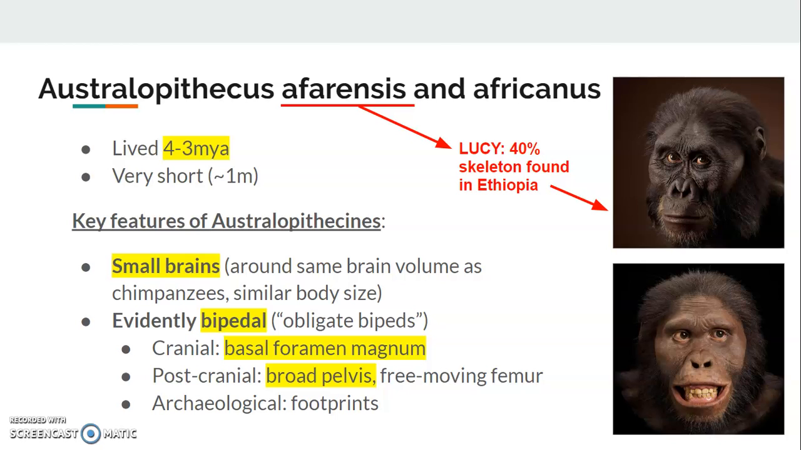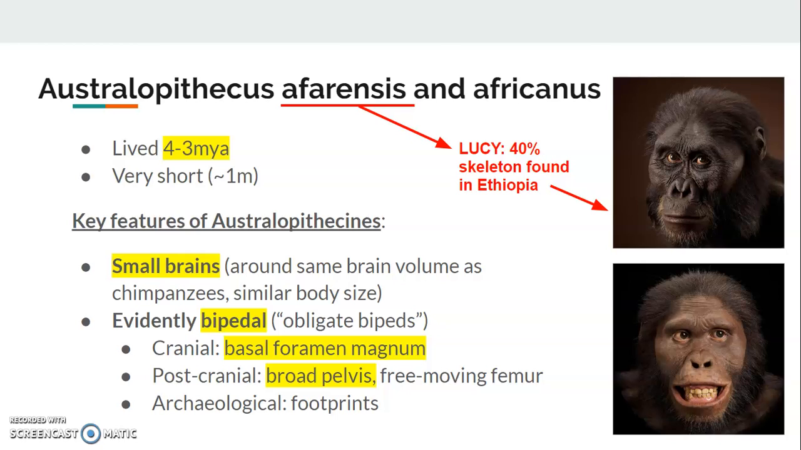Lucy lived about 4 million years ago and was very short. So if you want to go back and have a look at some of those videos of Lucy walking, I think that was in the locomotion slideshow. Lucy had a small brain, around the size of a chimpanzee, so about 400 cubic centimeters, but was evidently bipedal, and that's really important. We can see bipedalism in the fossil record,